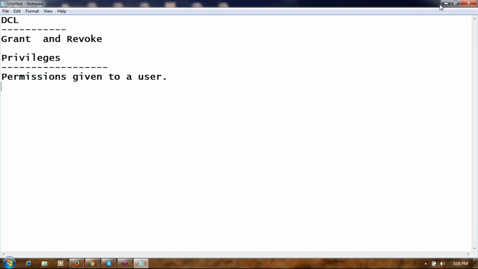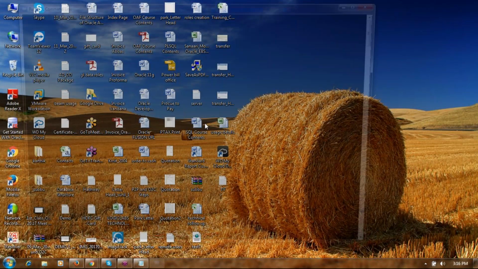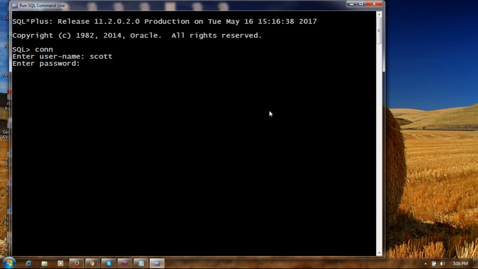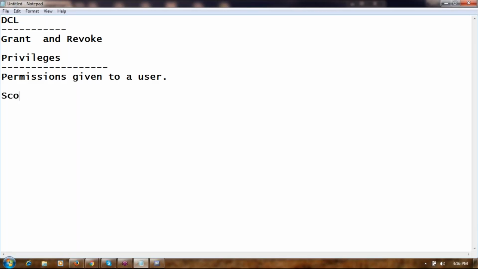We are connecting to the database using Scott Tiger. So we know how to connect to the database, and the username we are using is Scott. The password is Tiger.